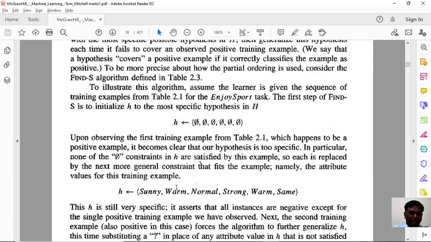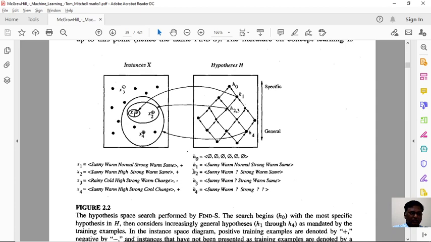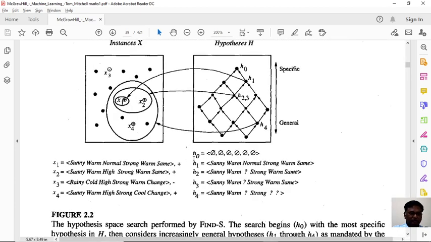Now we will see the output in a diagram. From the textbook I will show you the output first. Now you can see the value here. First we are initializing the H to null, so we have empty value. After that, this is day 1 data. H1 is sunny, warm, normal, strong, warm, same. So this is checking the play tennis game. You know the attributes of the play tennis game. We have 6 attributes, so all the attributes are taken. Outlook, temperature, like that all 6 attributes are taken.